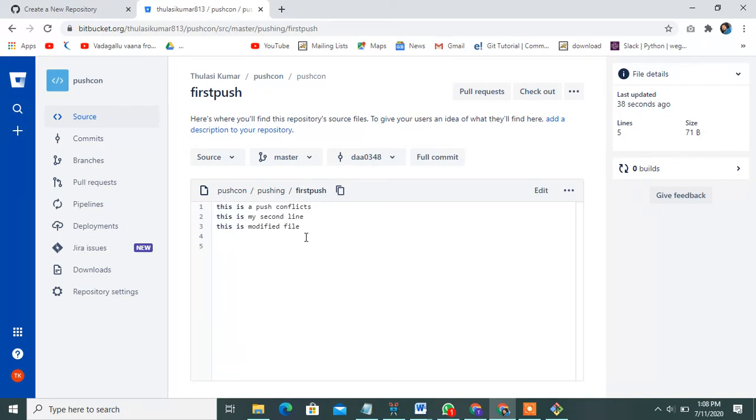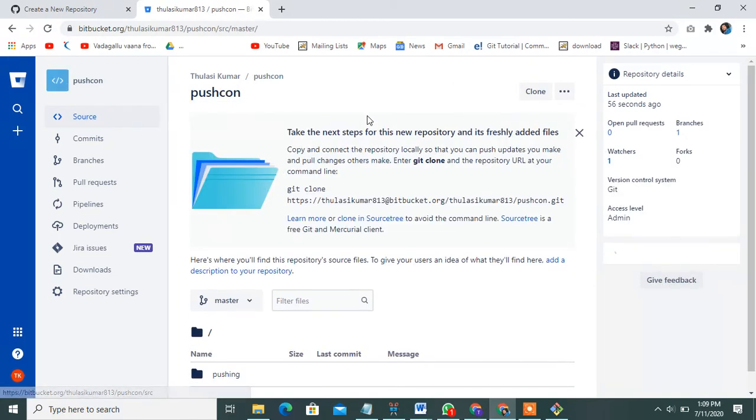Once you refresh it, you can check. See this, all the content is stored in the central repository. Once you make any modification, any changes, any new lines, new commands, new fixes, you can store all this. Once you remove the unwanted characters, then you add, commit and push. Use these commands to store in the central repository. This is a push conflict.